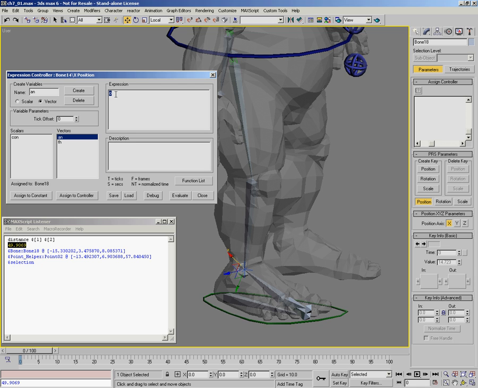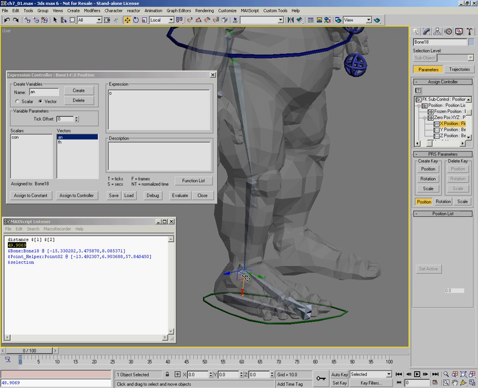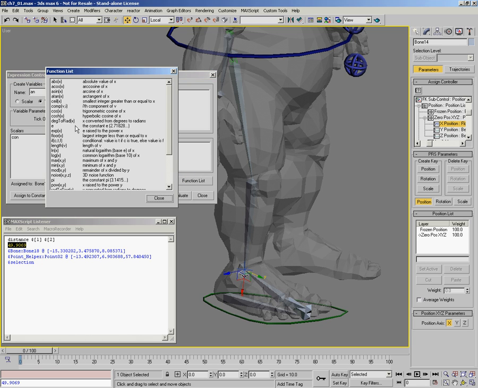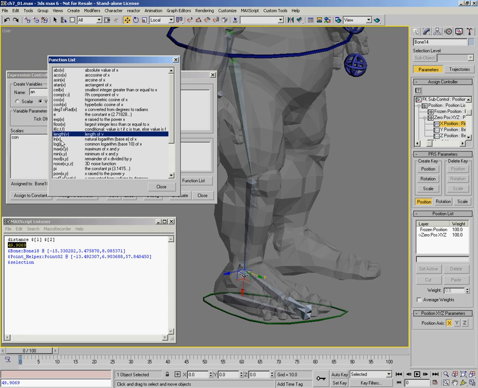The expression is currently a value of 0. That's because we zeroed out the controller on this object, and the x value was a value of 0. We're going to change that now to an expression. We can look in the function list and we can find functions that are available to us. Length v is the one we're going to be using. We don't have a distance command in the expression window. Length v basically gives you the length of the vector v. And that would be, for us, the distance between these two objects